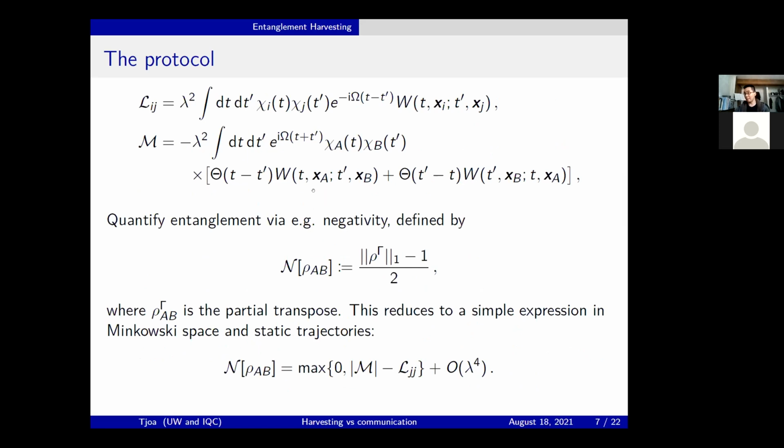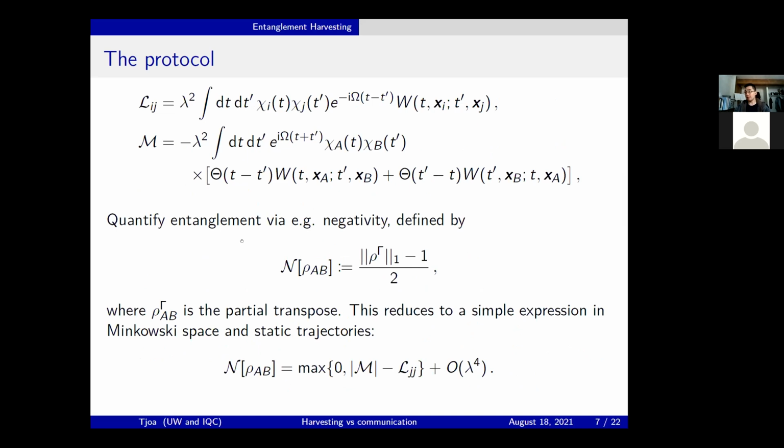And by non-local, I mean that they depend on the trajectories of both detectors, not just on the trajectory of a single detector. Now, once you have these matrix elements, which depend on the energy gap of the detector and how long and how strongly you turn the detectors on,